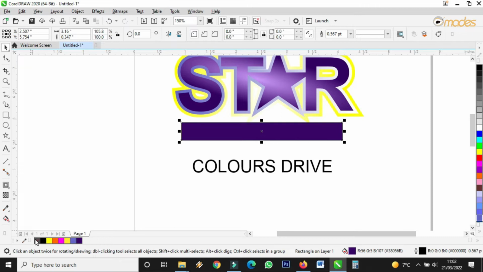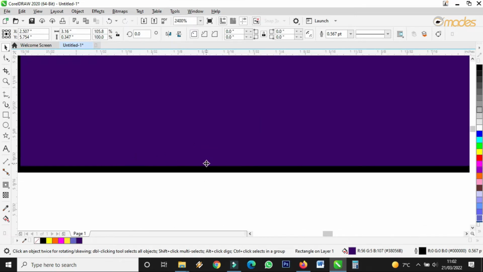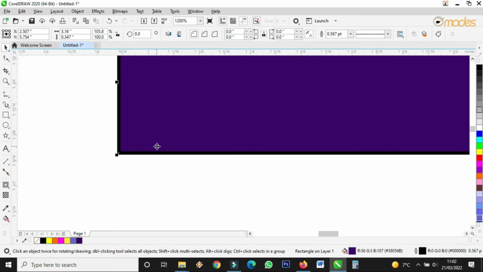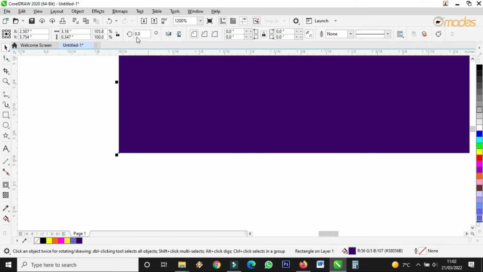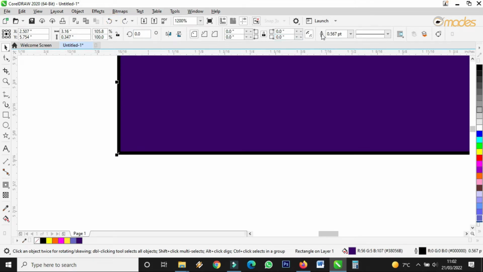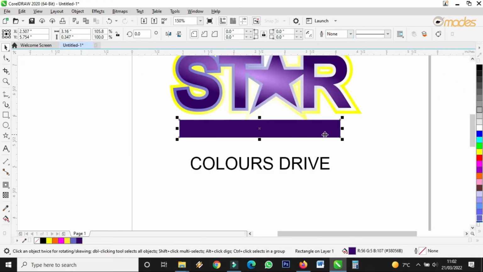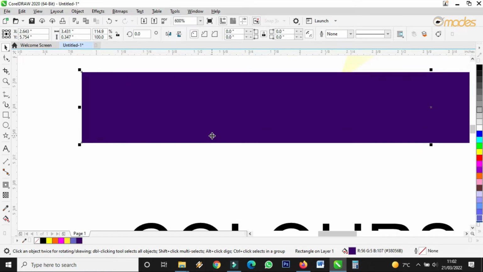I remove the outline. Every shape that you draw in Corel Draw comes with an outline. So I want to remove it. You either use the right click, that's the right button of your mouse, to remove it like this. Let me undo, or you come here, then go to none. It's all the same. Okay, I stretch it a bit, then